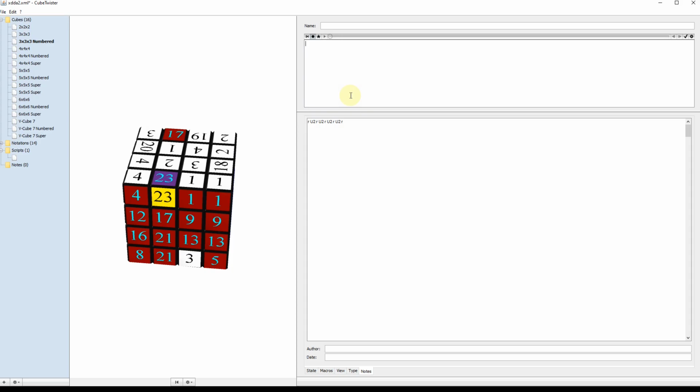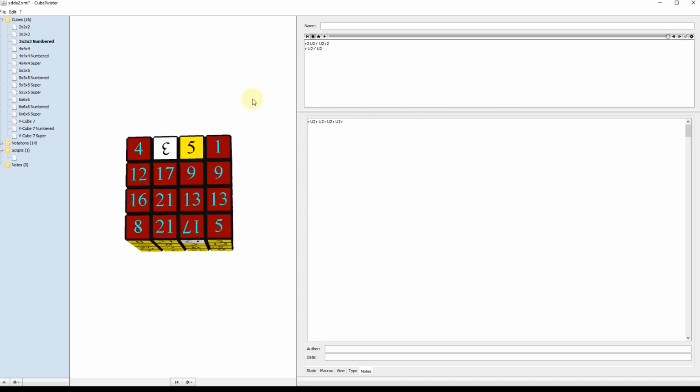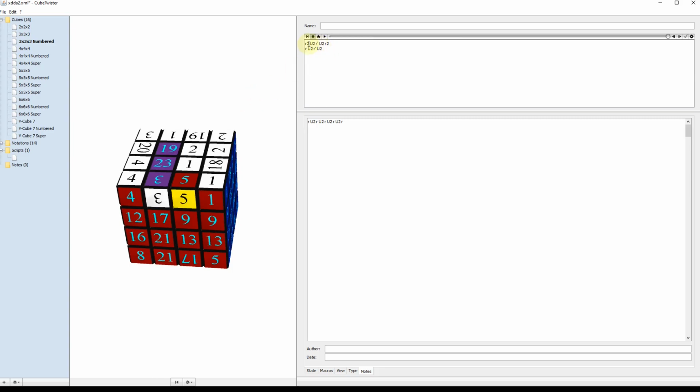I'm going to break it up into R2, U2, R prime, U2, R2. And then R, U2, R prime, and U2. So this right here is what I'm aiming for, because from that point all I have to do is just,